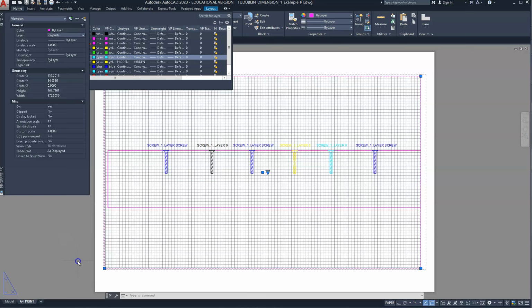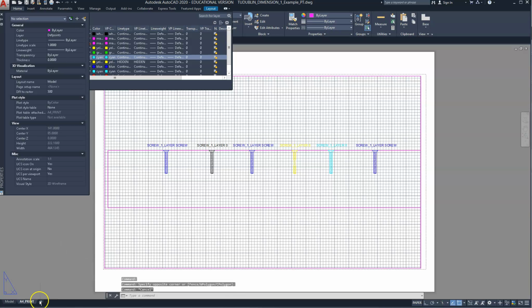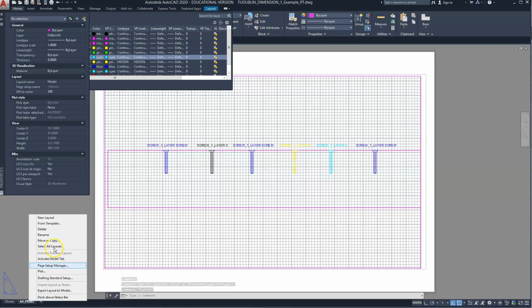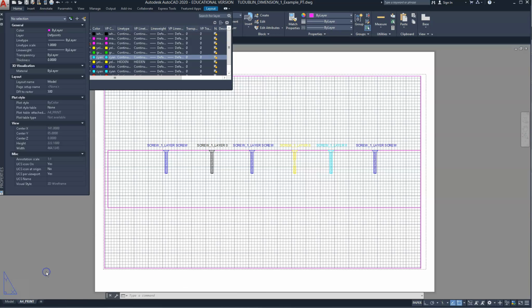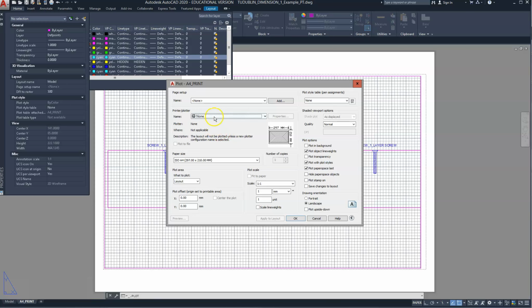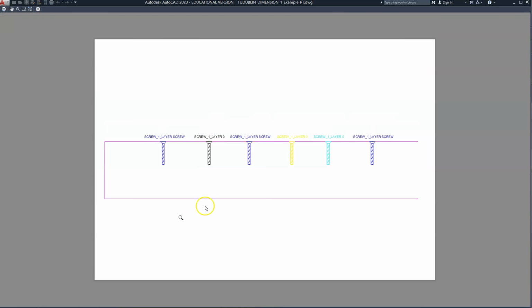Now, just escape out of that. Just right click on that tab, go to plot, and pick the highest quality PDF. This is just a preview. And we see that that border is no longer visible. Okay,